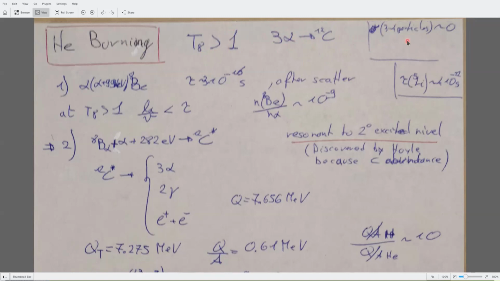It's essentially not possible. In fact, the reaction is a little more complicated. We have an endothermic step, because we need about 100 kiloelectron volts, a little less than 1 megaelectron volt, for 2 alphas to collide and produce beryllium-8. Beryllium-8